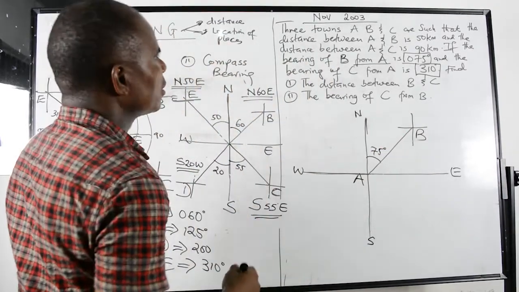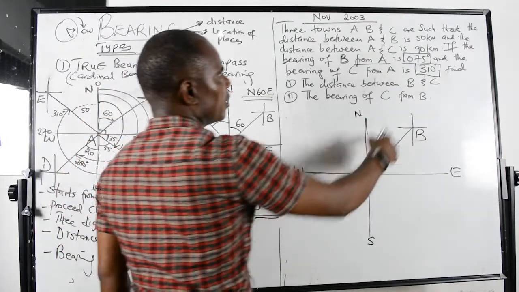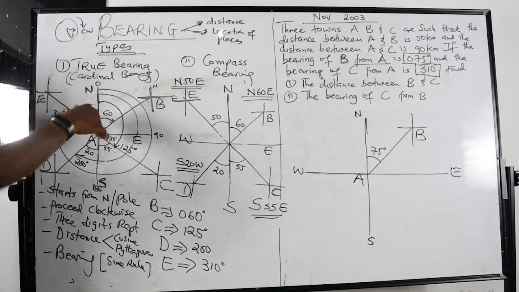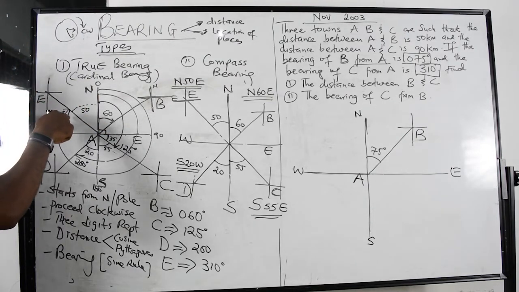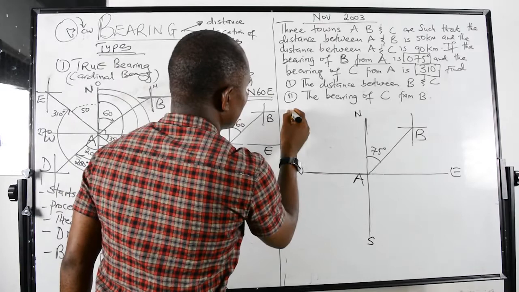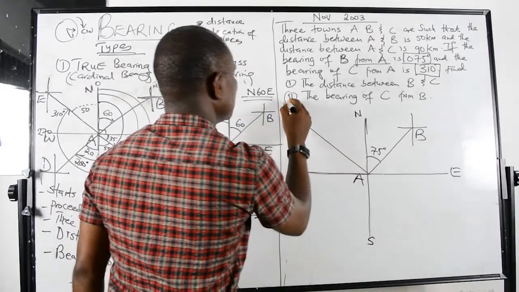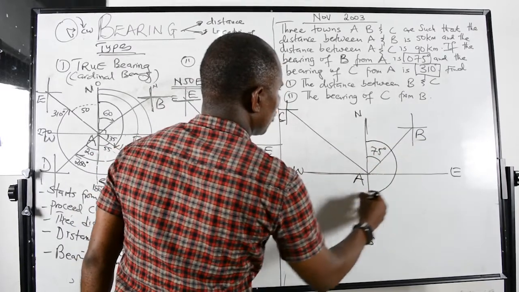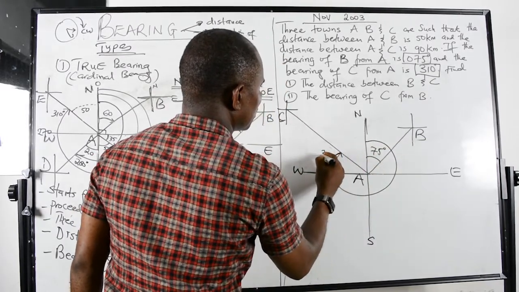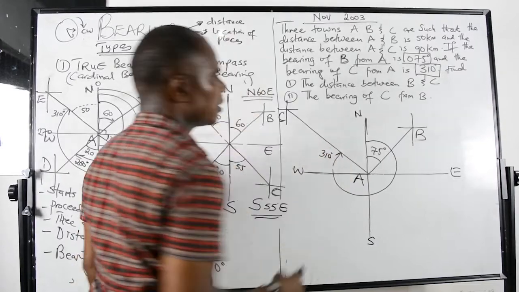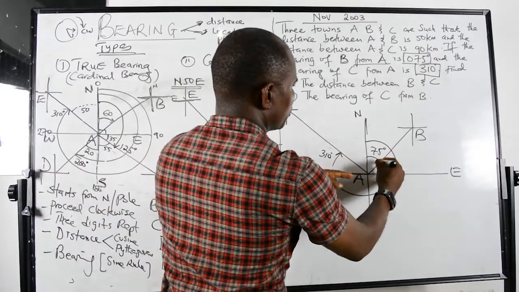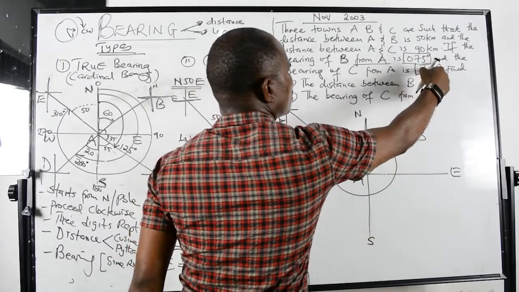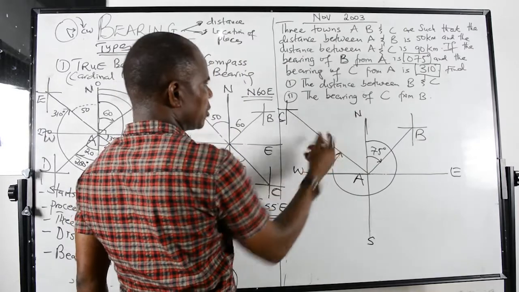Now the bearing of C from the same A is 310. 310 is between 270 and 360. So it's going to be in this quadrant here. So the 310 is somewhere there. So I locate it there, and this is C. C is 310. So I start from there also, I go up to that. This is 310. So up to there is 070, which means 70 degrees. The angle 310 is between west and north, so it's in this quadrant.